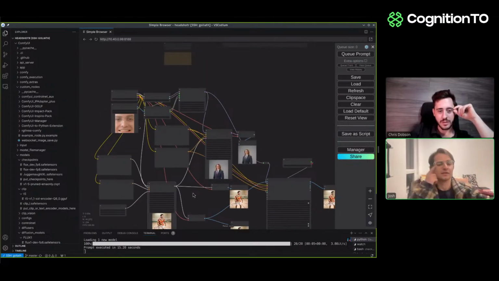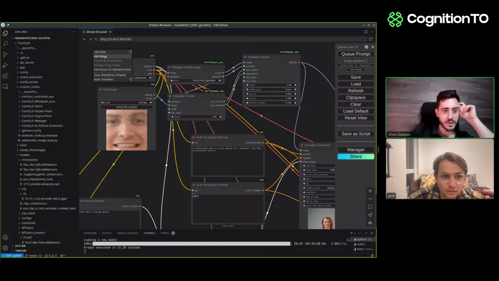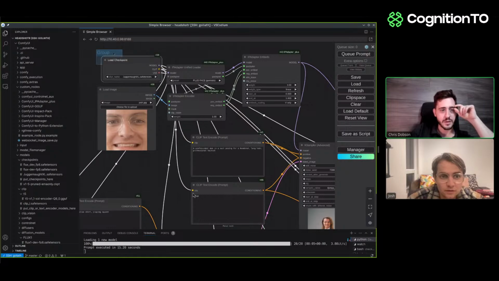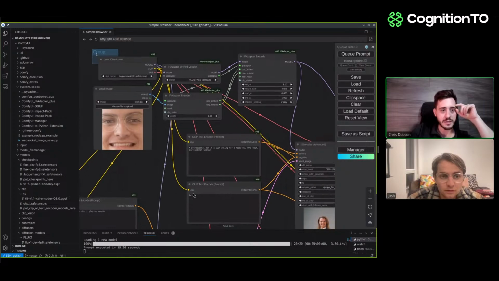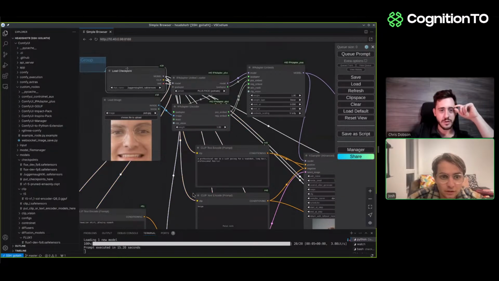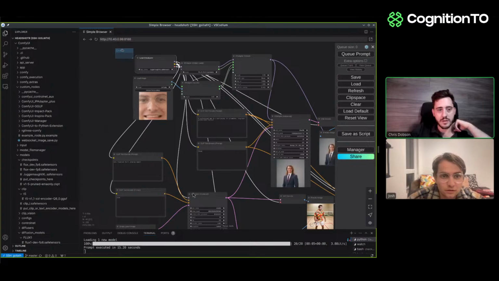Okay, so let's create some groups. We can add a group for this. The groups in ComfyUI are sticky, so if any node touches the group even a little bit, it's in the group, which makes it kind of hard to put the group where you want it, but that's okay. So these guys